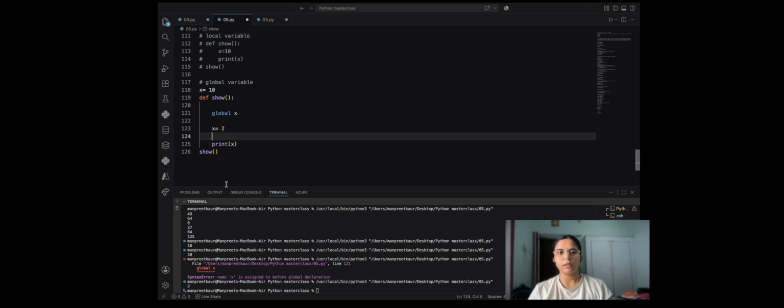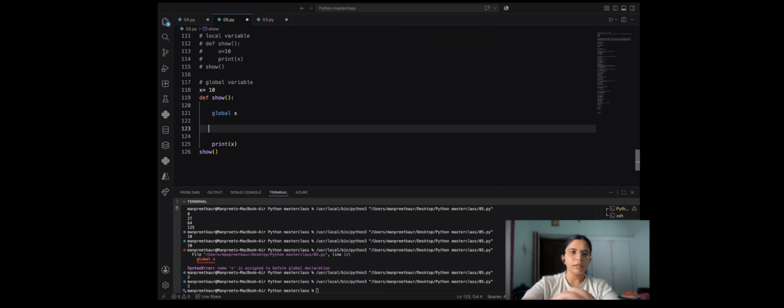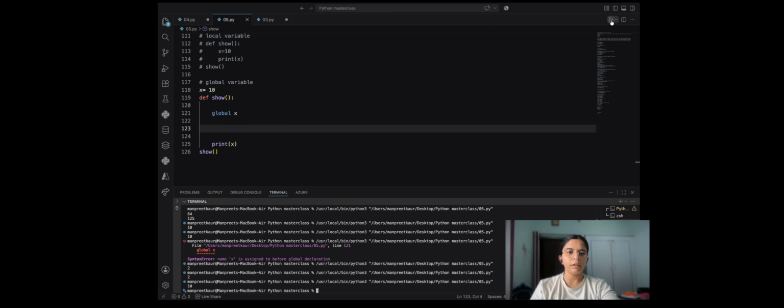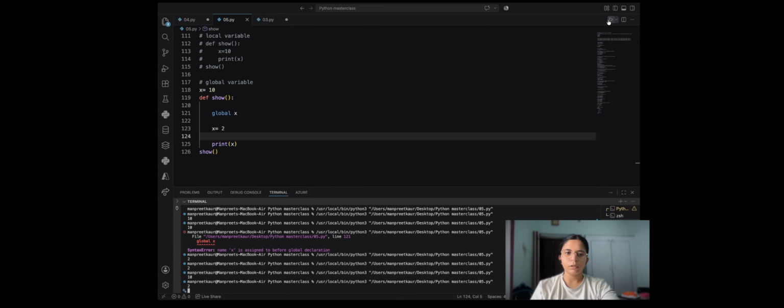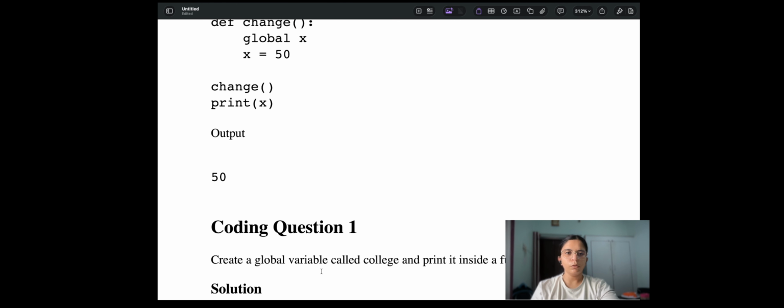So that's why. I'm going to run this again and again. If I delete that and run again, 10. Now I did this, x is equal to 2, x is equal to 2. Now I hope this is clear to you.